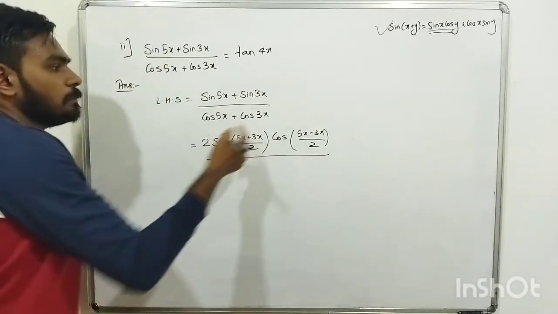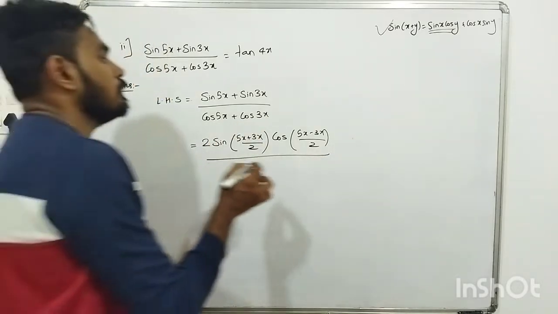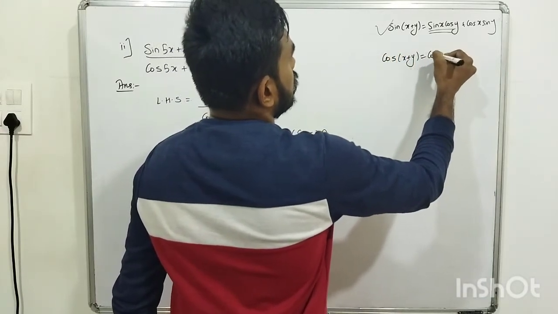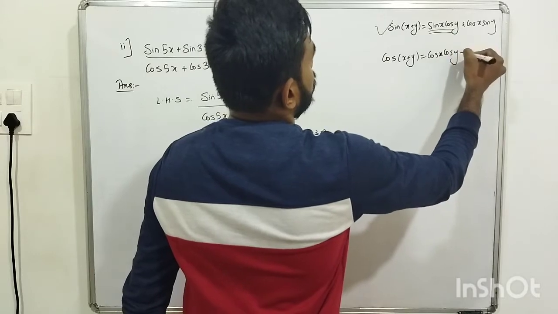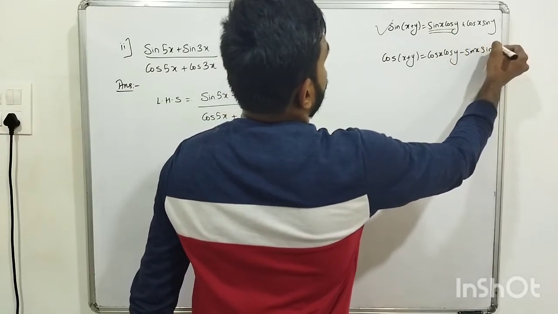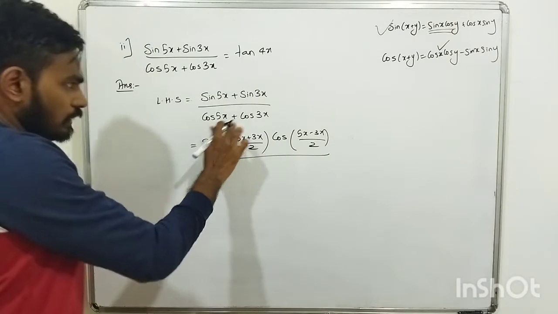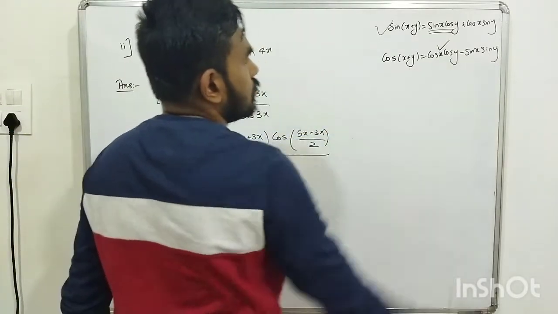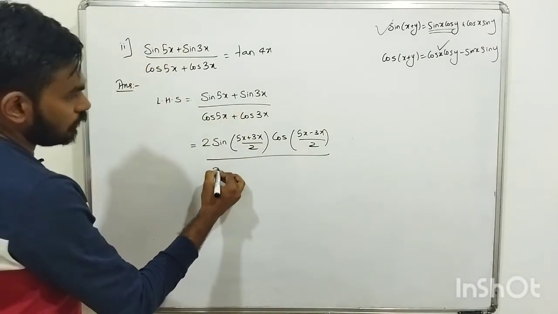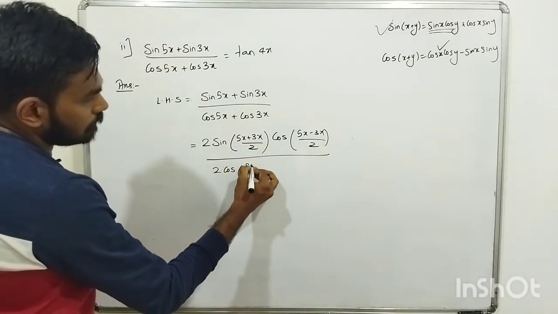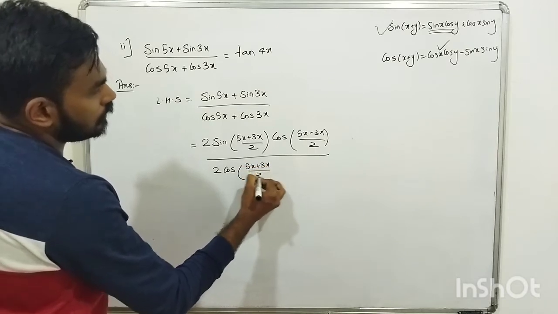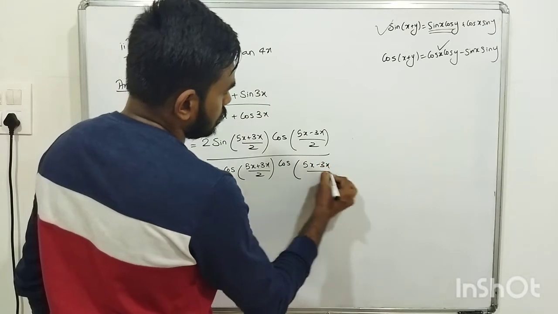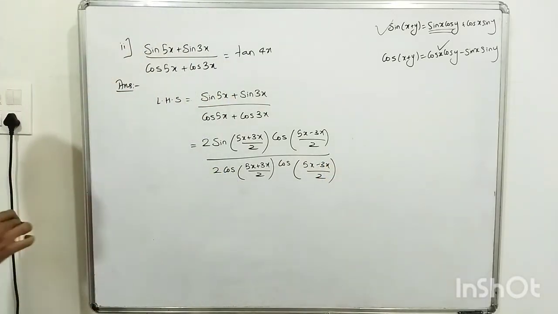Similarly, in the denominator cos plus cos is there. For that you have to remember this formula, cos of x plus y is cos x cos y minus sin x sin y. So now look at this, cos plus cos, so first one. If there was cos minus cos, we might have taken the second one along with this sin. Okay. So cos plus cos, so we are writing 2 cos of (5x plus 3x) upon 2 and cos of (5x minus 3x) upon 2, and then just simplify this.